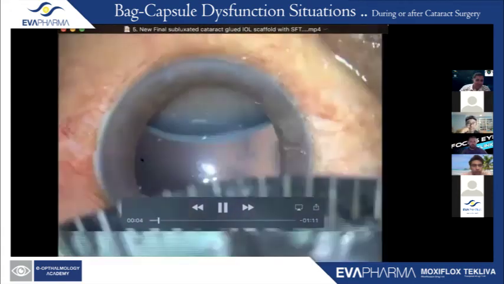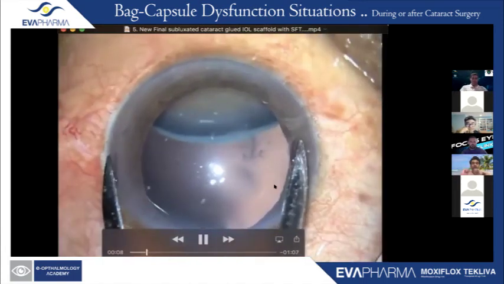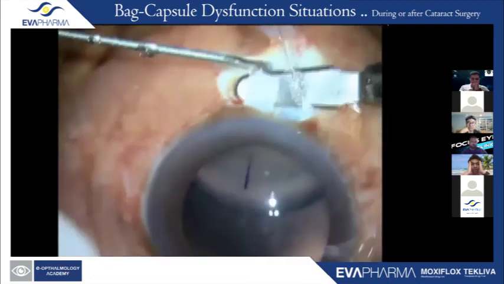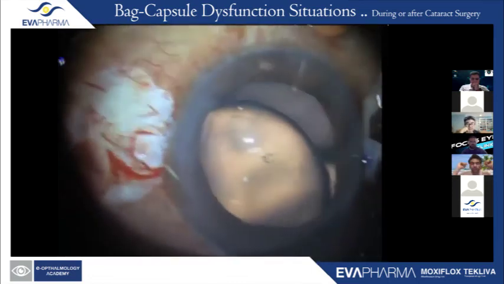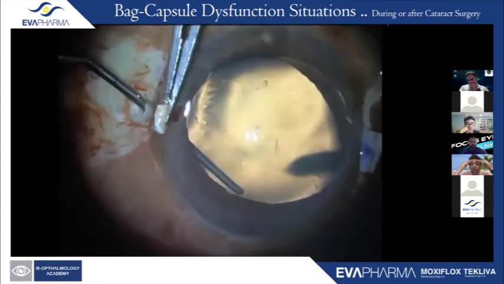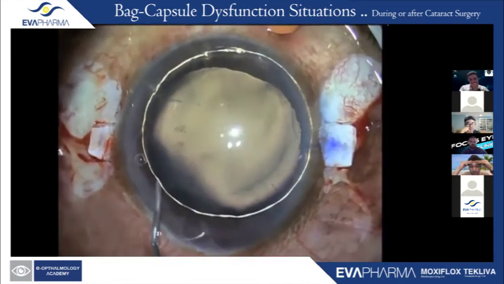Okay. So this is basically a case where we are seeing a glued IOL scaffold. You see this amount of subluxation is a bit much. And I have actually gone to a vertical glued IOL. So basically my flaps are now at 6 and 12 o'clock position. So once I see this, I do a modified PAL technique popularized by David Chang, basically